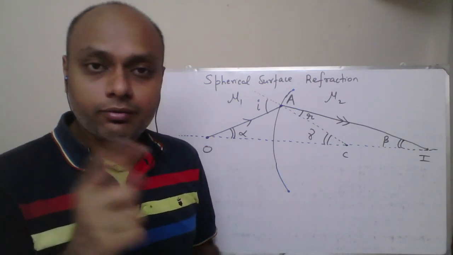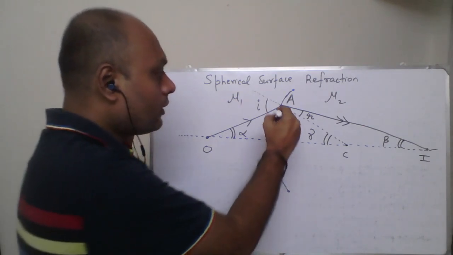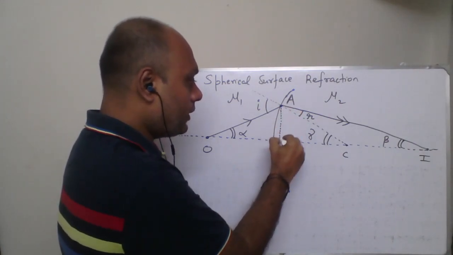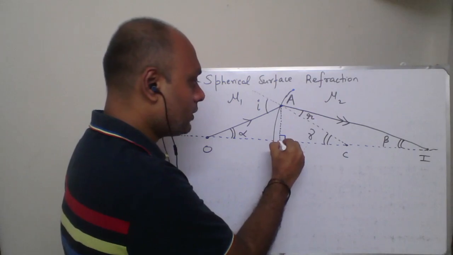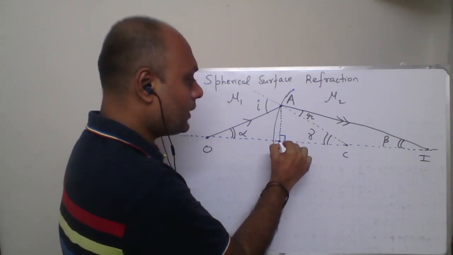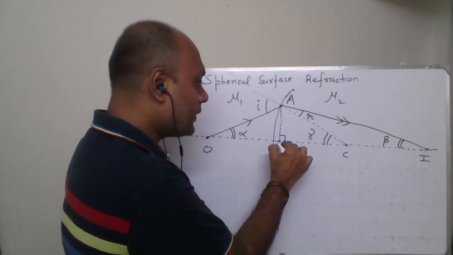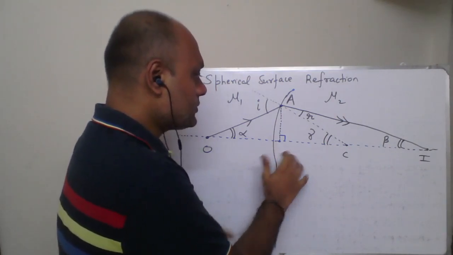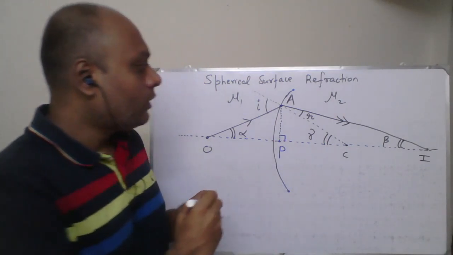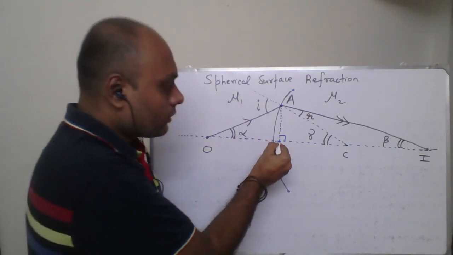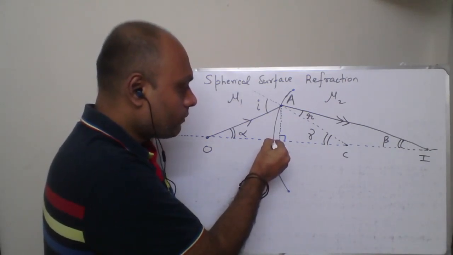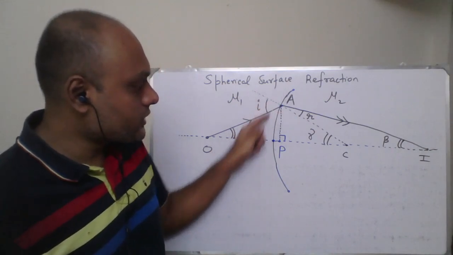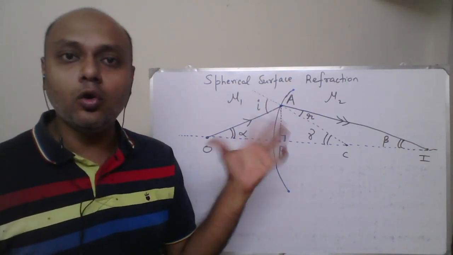Now, apart from alpha, beta, gamma being small, there is a construction which is going to be made like this. You drop a perpendicular from point A to the optical axis. Okay, so this is a perpendicular. Let's say it meets the optical axis at a point which I am going to call P. And since the aperture is small, the foot of the perpendicular is going to be very close to the center point of this arc. So this arc is there, right? So that center point and point P, they are coincident points.